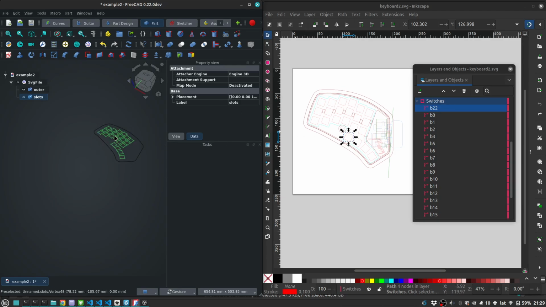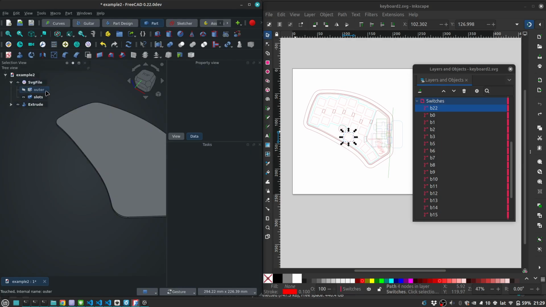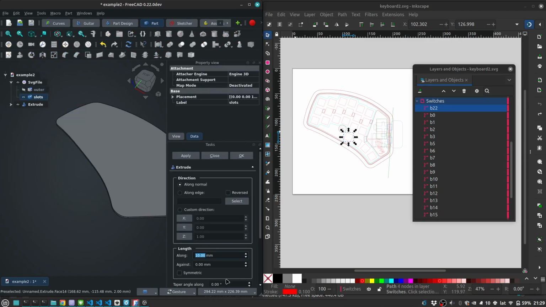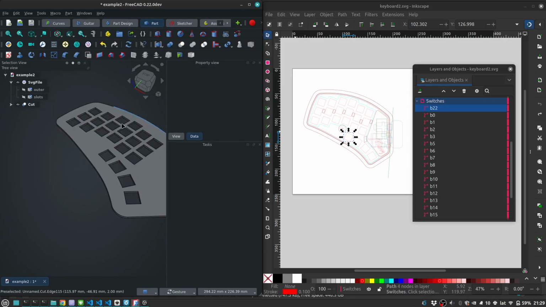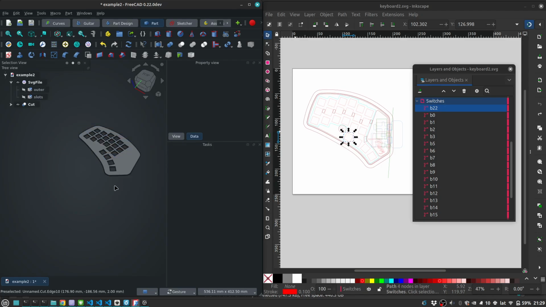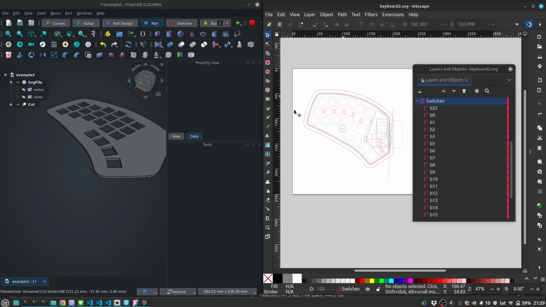one object. So right now I can do normal FreeCAD things, like for example extruding this outer plate 2 millimeters, and then those slots 10 millimeters, and do some Boolean operation to generate the holes. Okay, this is the geometry, and the other functionality is that now I can modify this SVG file and reflect